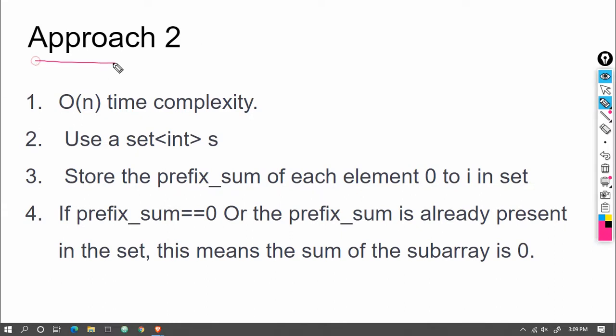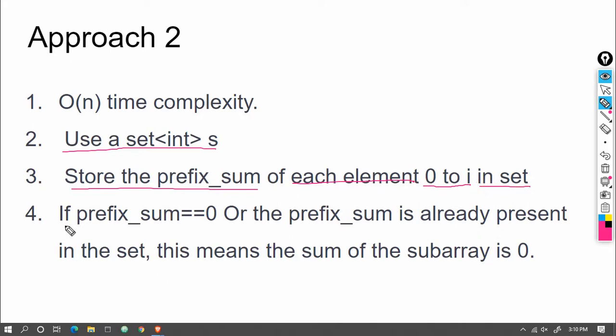In this second approach, the question will be solved in O(n) time complexity, which is more optimized than O(n) square. So how will we solve it? First of all, we will take a set named S, and we will store the prefix sum of each element from 0 to I in that set.